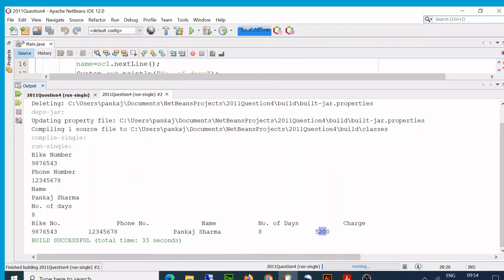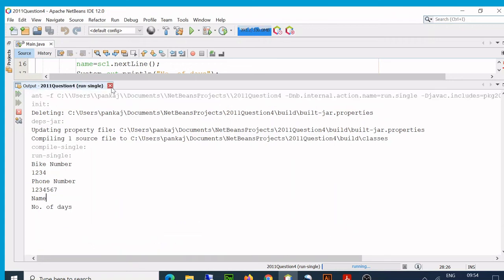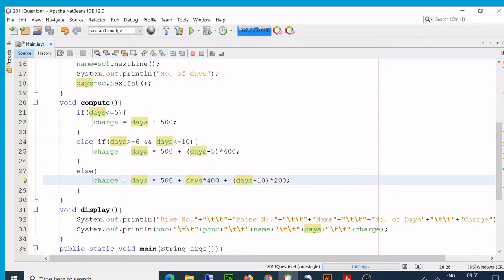Okay, is this correct? When I enter 8, the answer is not correct. Why is the answer not correct? See here. That's what happens. First 5 days, so what am I doing?